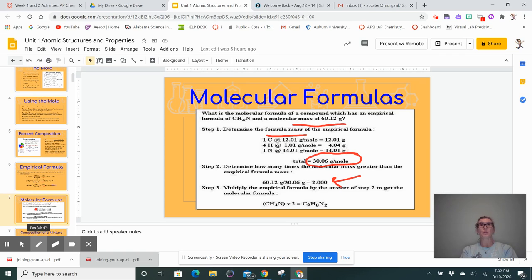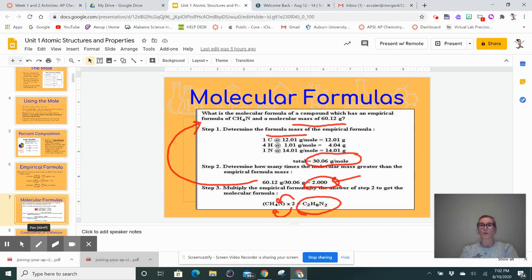So 30.06 divided into 60.12 is 2. All that I need to do is take that number and multiply it by my empirical formula. So 2 times 1 is 2, 2 times 4 is 8, and 2 times 1 is 2. So my molecular formula for this compound is